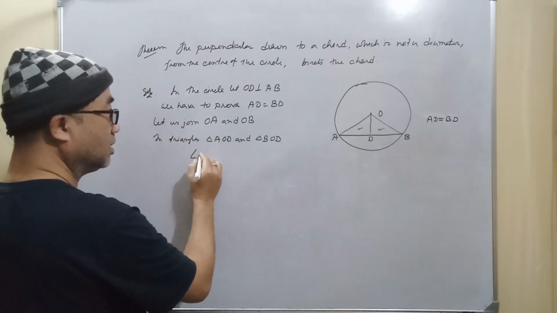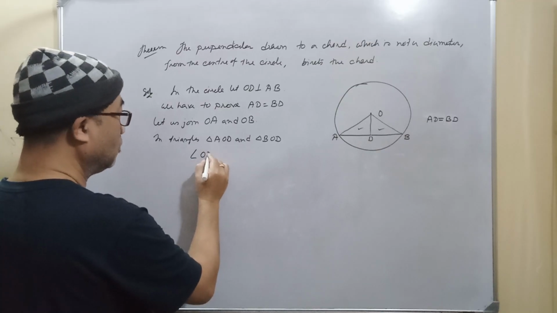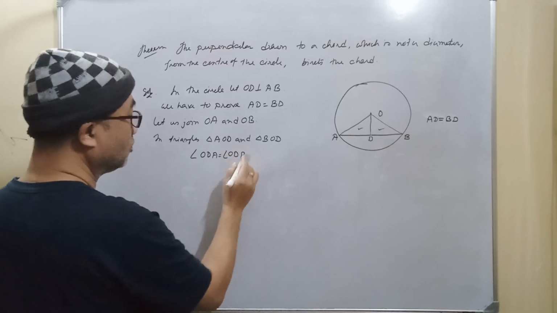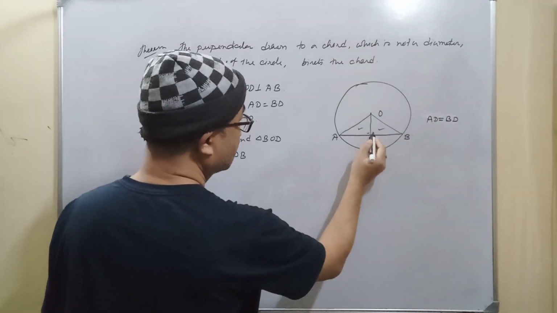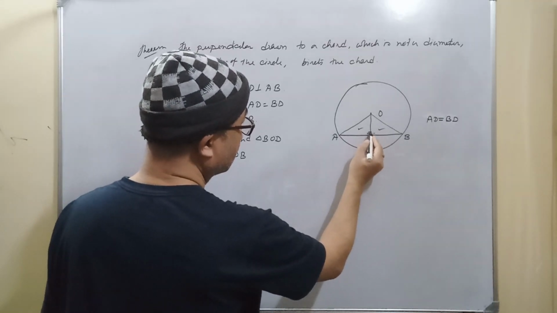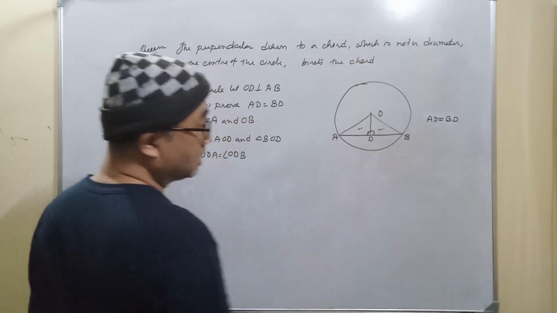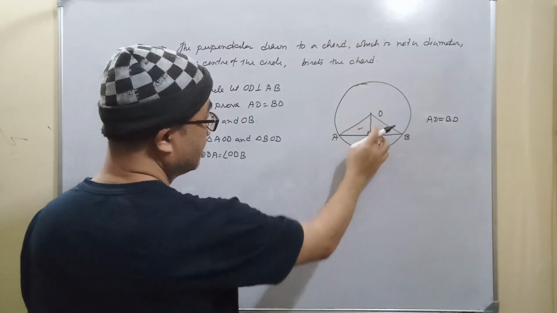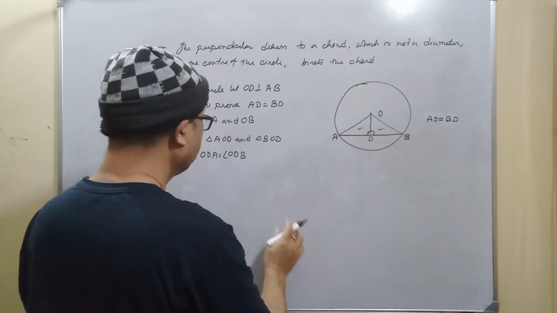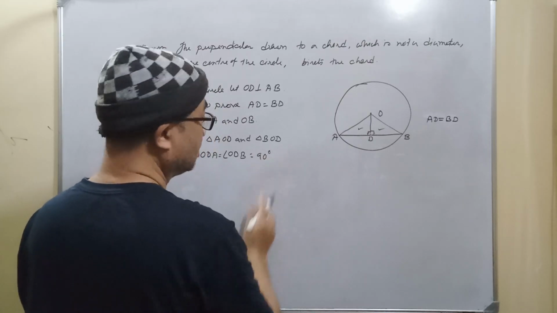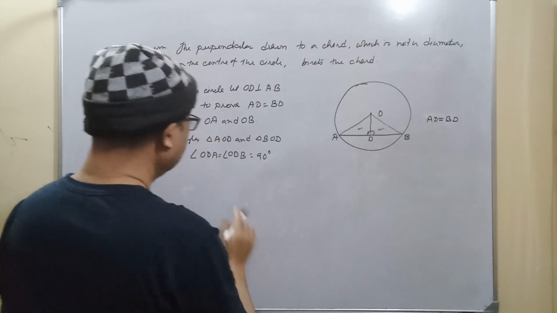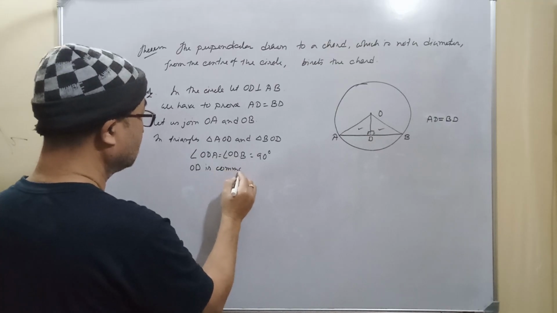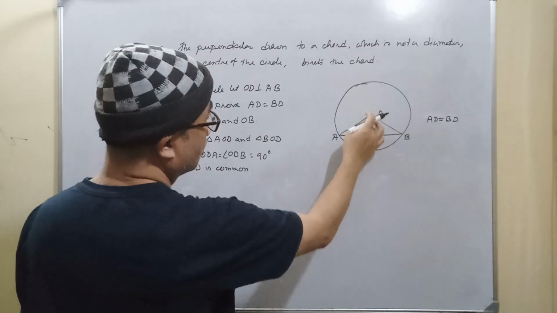We have angle ODA is equal to angle ODB. Why? This angle is equal to this angle. Why? Because both the angles are 90 degrees. Okay, because it is perpendicular, so it creates 90-degree angles on both the sides. Reason is 90 degree. Then OD is common, right? OD is common,